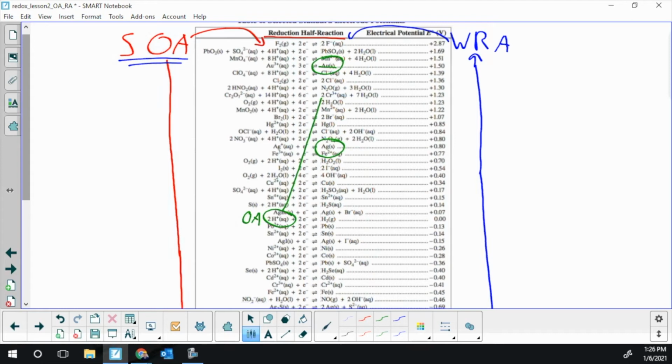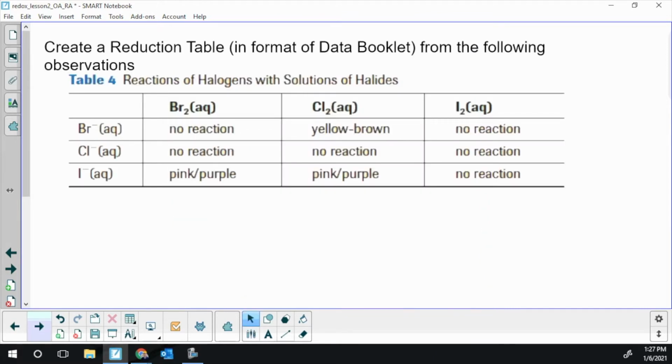Knowing whether a reaction occurs tells us whether the OA is above or below the RA. And if you have data on reactions, you can build a reduction table like this. This is a question that's always given on tests and always given on exams. I will build a reduction table just like page 7 in your booklet,